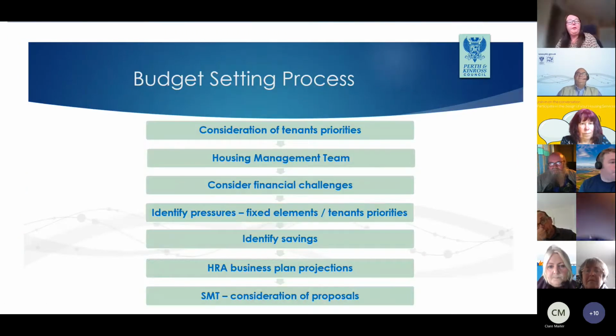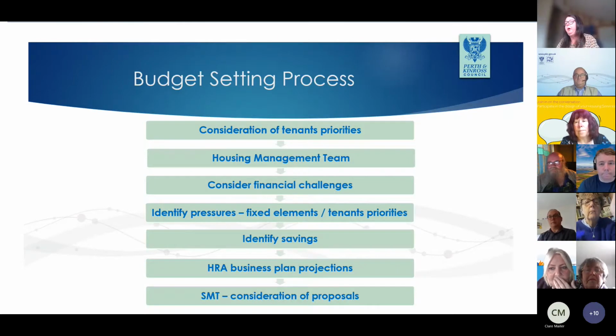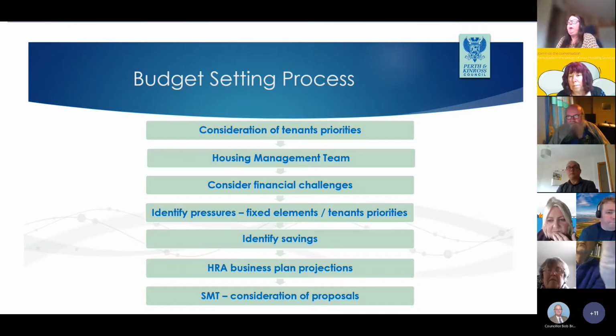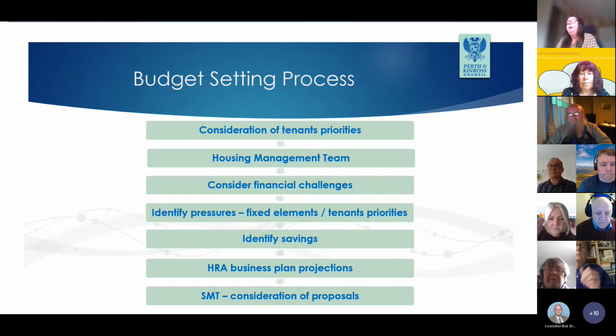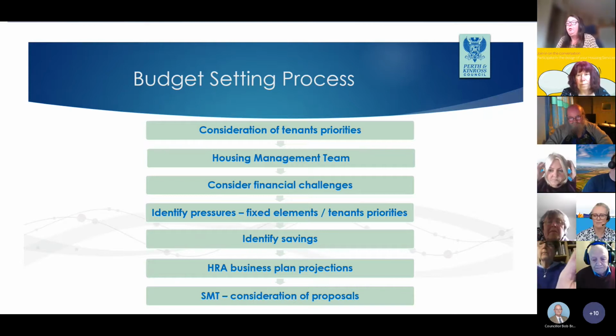Okay, so thank you everyone for coming along today. And as I say, I would extend a warm welcome on behalf of the housing management team for your attendance. Many of you will be aware that each year at this time, we come along to give an overview of our rent level proposals for the forthcoming year. It's the main discussion topic at this event, and of course, probably one of the most important for a number of reasons, not least of all, the level of rent reset and the rent levels that ultimately are agreed by Housing and Communities Committee affects each and every single one of our tenants.